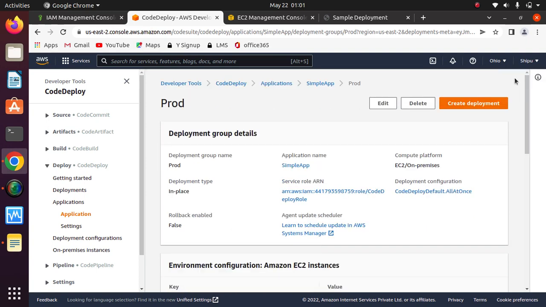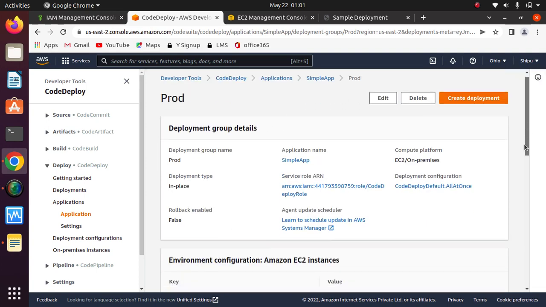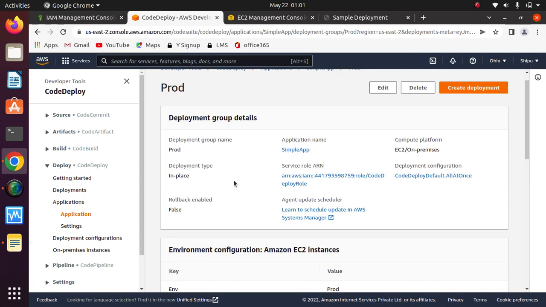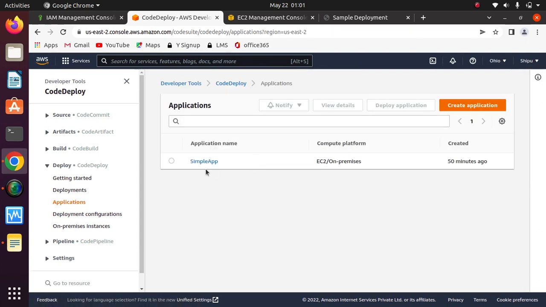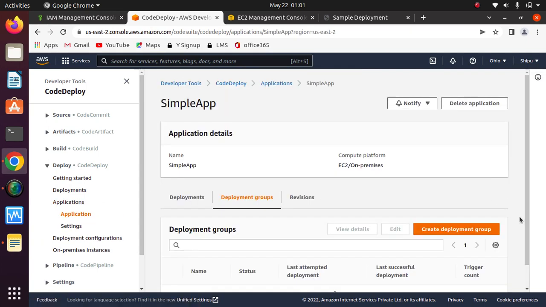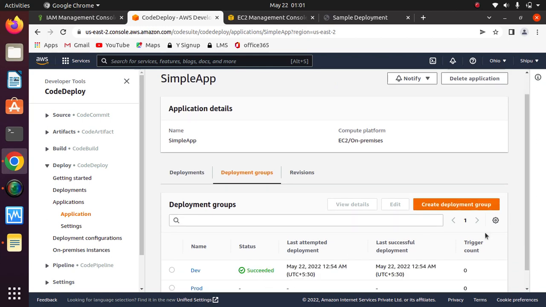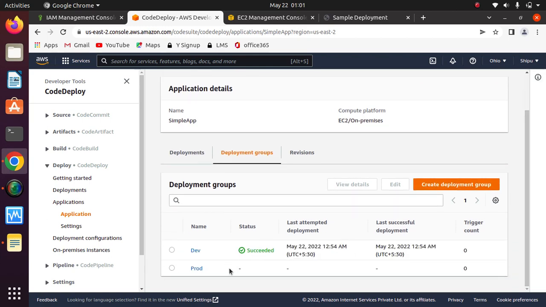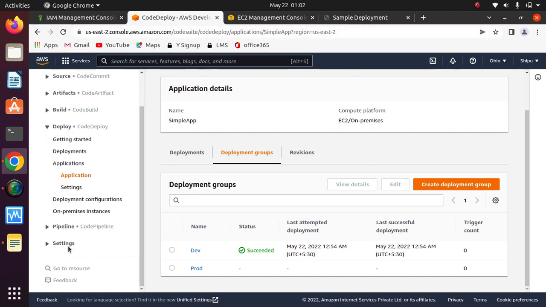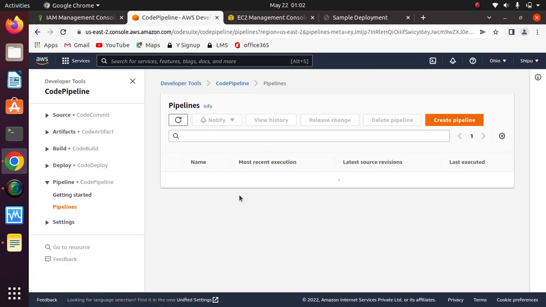So yeah, we are good. We have created the prod deployment group, and if I go to application I can check here the prod, right? Okay, now we should go to pipeline, and here in the pipeline